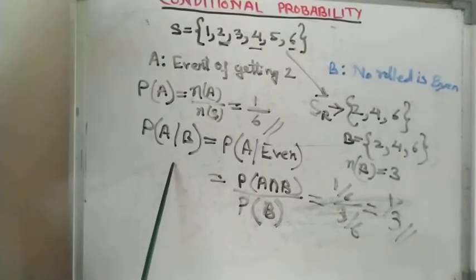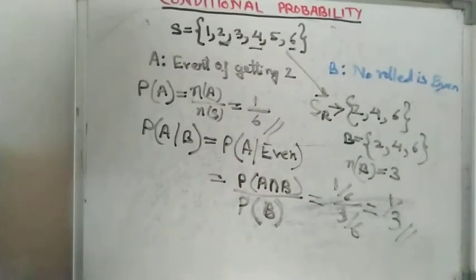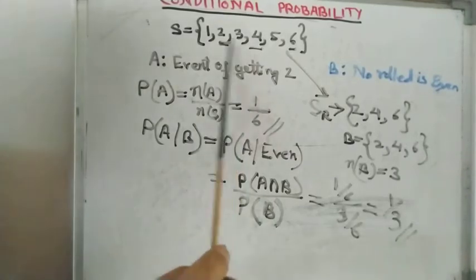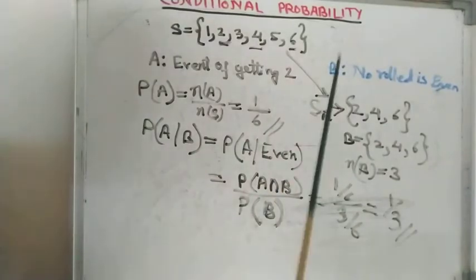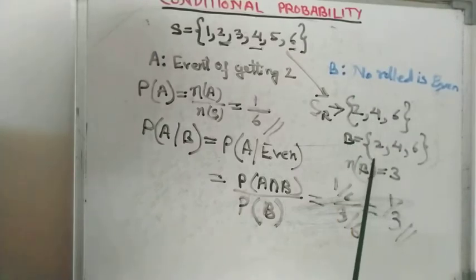So conditional probability is applicable where some hint is given, and utilizing that hint, if you are asked the probability of the other event, then it is called conditional probability, and in that case our NS will decrease to NB. This will be NB, and on the upper side will be N of A intersection B. So why do we not take NS? Because our original sample space will be reduced to this, which is the sample space of B, the cases favorable to B. So B is our sample space, that means the total number of cases.